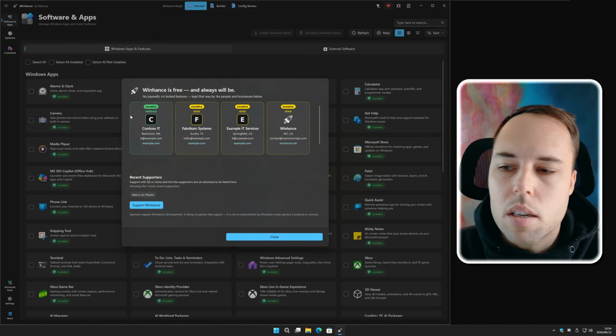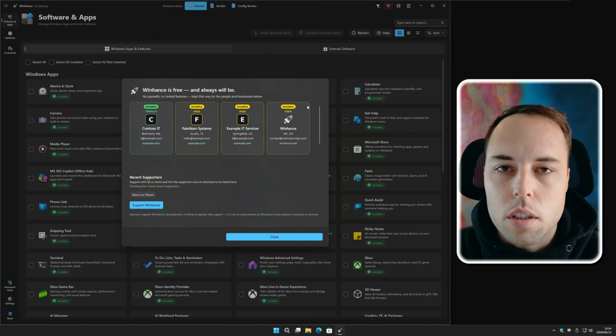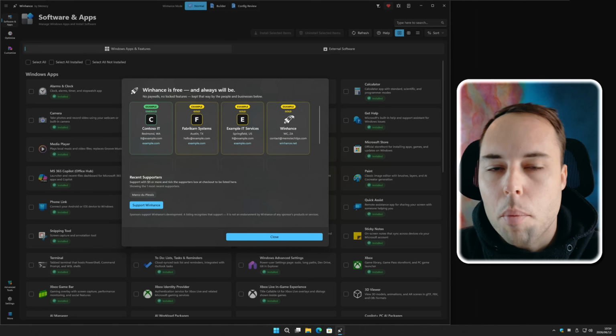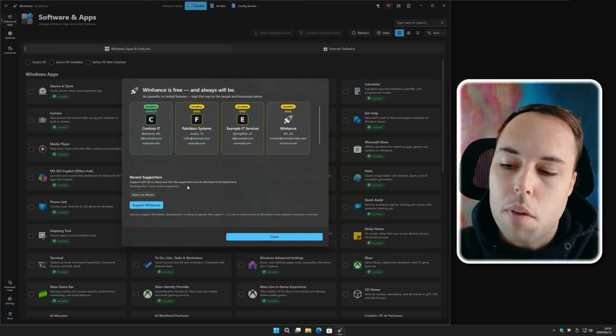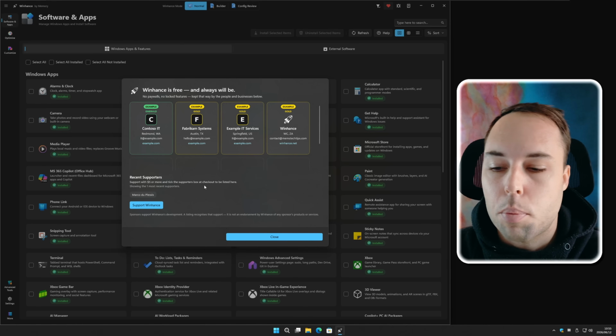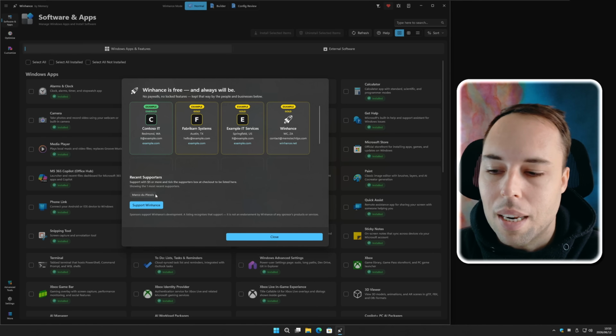So the way this works is businesses and individual supporters are split. Now, these are all just examples, but basically businesses have tiers with different perks. Their company logo and name will be shown in the app, where they're situated, their contact details, and then an outbound link to their website. For the supporters, which are individuals, if you support with $5 or more and you tick the supporters box at checkout, you'll be listed here.